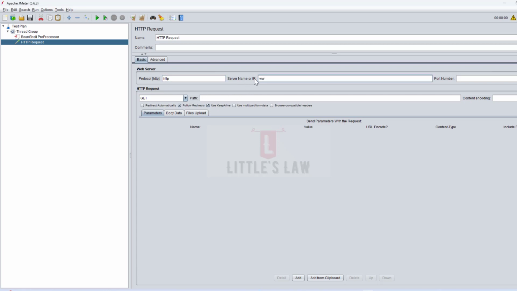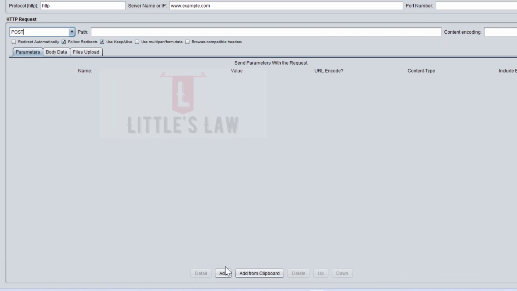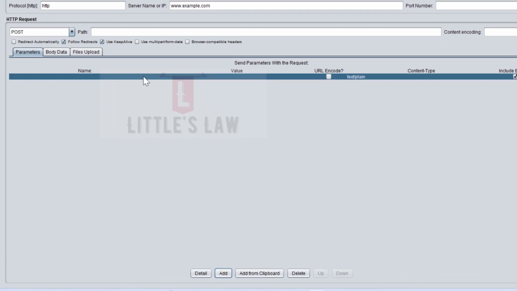So I'm just giving a sample server name and the IP, and it's going to be a post request, and then we will add the values here. The name is going to be test_ID, and the value is going to be ${random number_1},